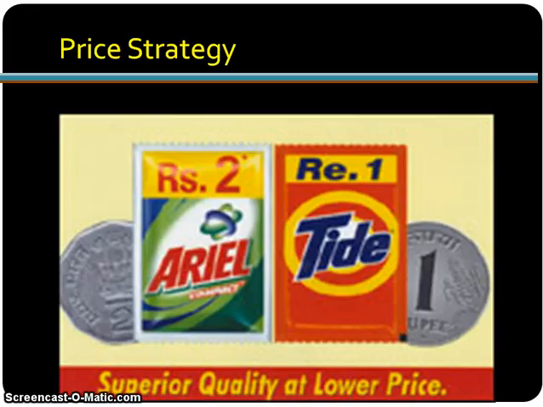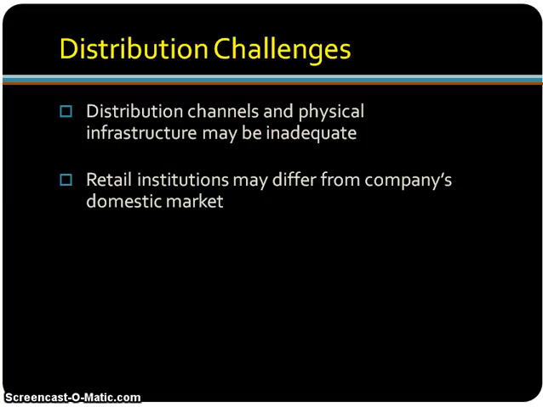Again, another great example with the pricing strategies, the sachet revolution in India, where you can buy a quarter size. These are little packets, kind of like sample packs that people can buy of Tide laundry detergent, and inside is just one quarter size laundry detergent inside the sachet, and it's priced at 1 rupee, which is less than 5 cents. The last challenge that has to do with marketing strategy has to do with distribution challenges,